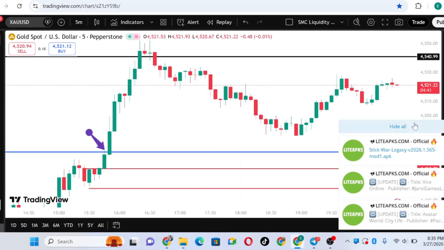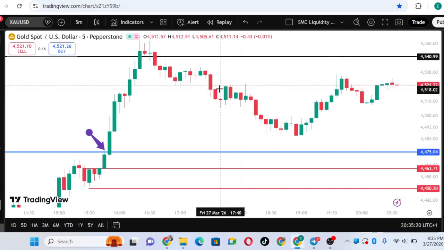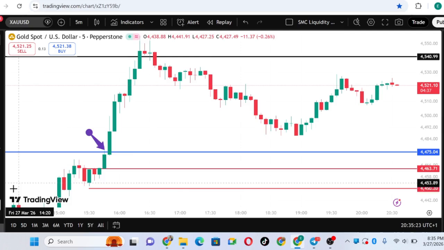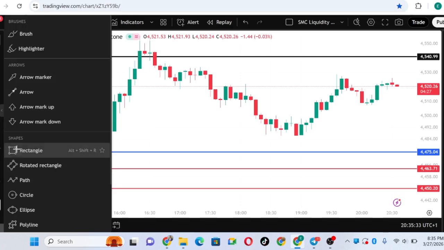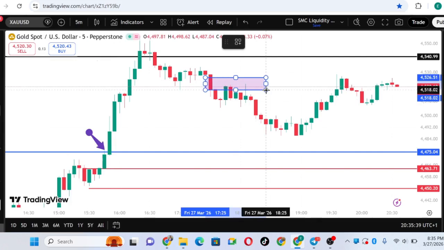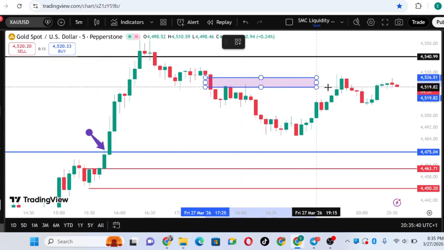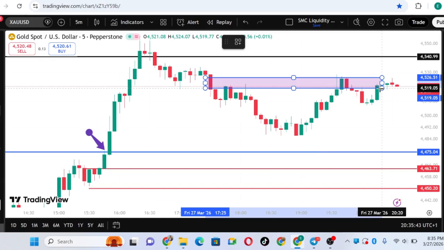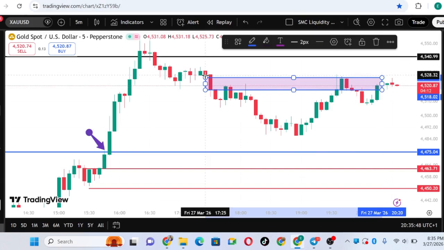There's a fair value gap here. Okay, it's a fair value gap at this particular point. So let me show you guys. Remember, I'm not using an indicator in this particular training. Not that I don't have indicators, but I want to be very real to you so you can see and learn the right way. So there's a fair value gap within this area, like this. So the price eventually returns to the fair value gap. Now, the fair value gap is between this particular candle and this particular candle.